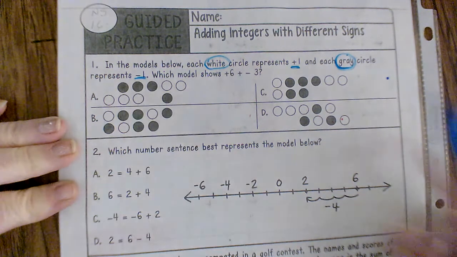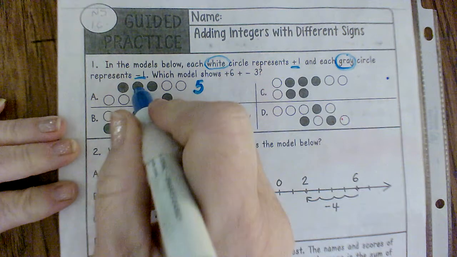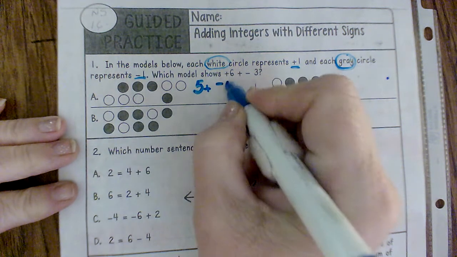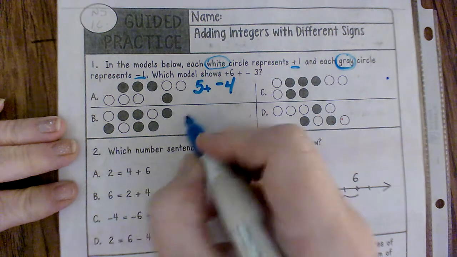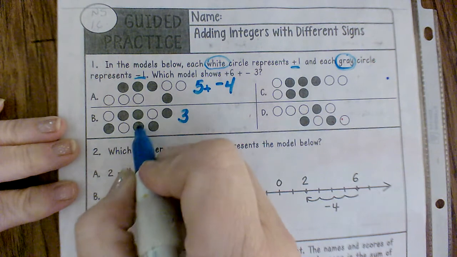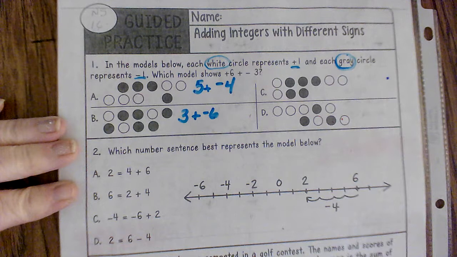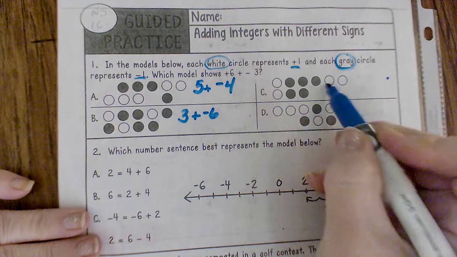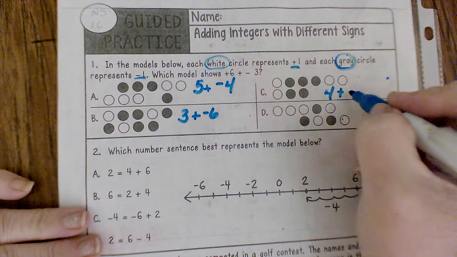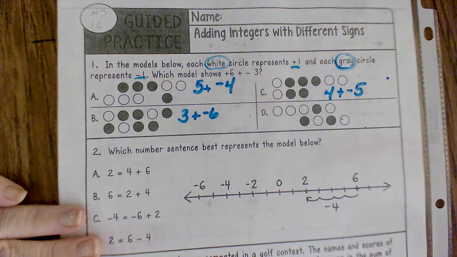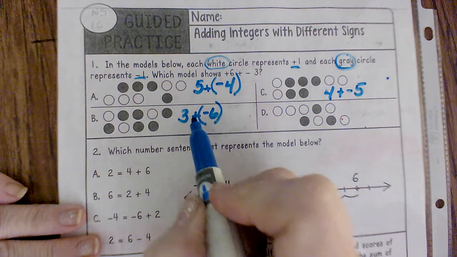Okay? So this is 1, 2, 3, 4, 5 positives. 1, 2, 3, 4, 4 negatives. This is 1, 2, 3 positives. 1, 2, 3, 4, 5, 6, 6 negatives. This is 1, 2, 3, 4 positives. And 1, 2, 3, 4, 5 negatives. Okay. If it helps, I'm going to do this so that you don't see an addition and a negative,